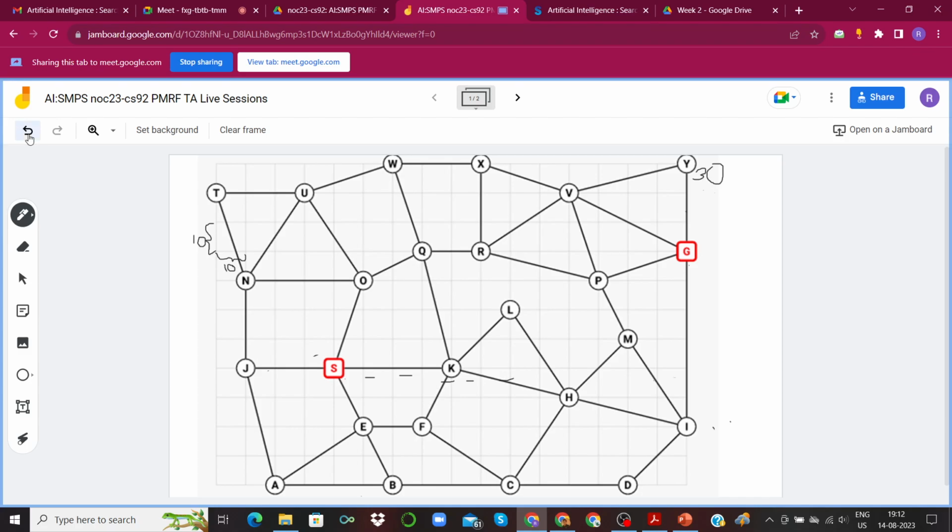Let me do it properly. 1, 2, 3, 4, 5, 6, 7, 8, 9, 11, 12, 13, 14, 15. Also feel free to correct me if I'm making a mistake in calculating the heuristic value.